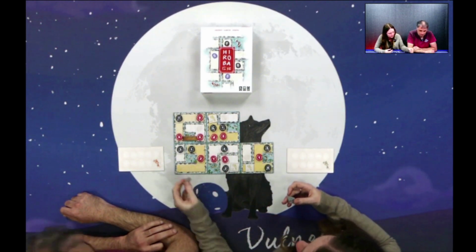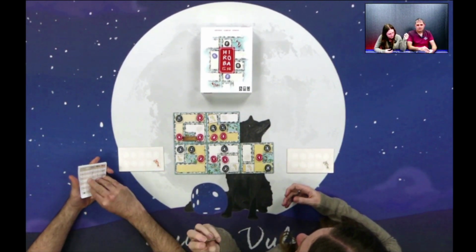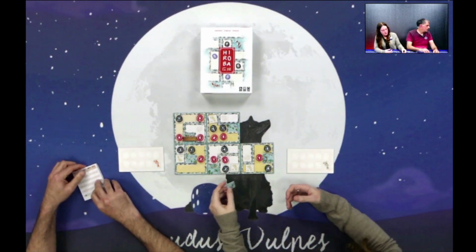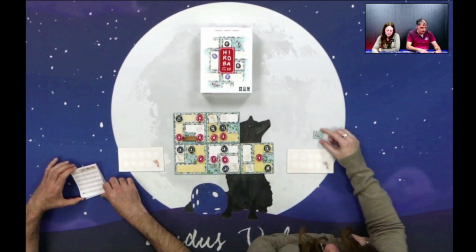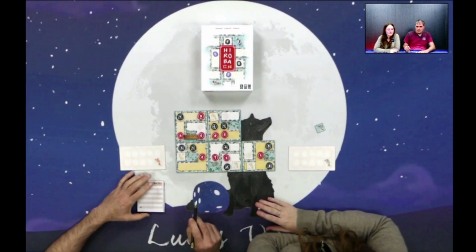Yeah, that one's mine. Is there anywhere else for me to put it? Don't think there's anywhere else for me to put it, is there? No. So this little koi. The koi's worth something actually if you don't spend it, isn't it? Yes. Koi token's worth a point at the end. Okay, so...